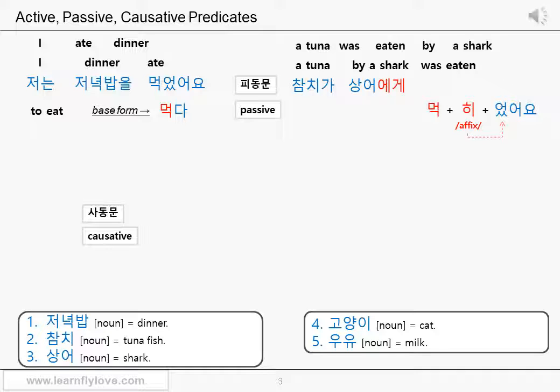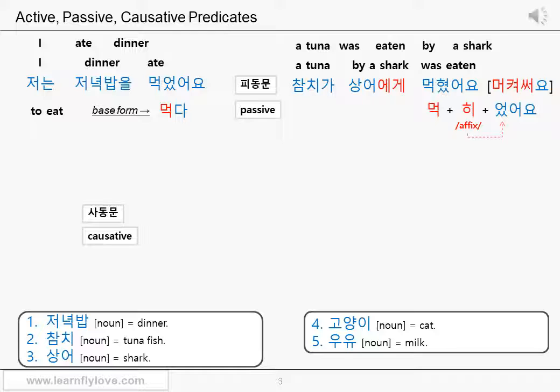You know, 이 vowel and 어 vowel makes 여 vowel together, right? 히엇 becomes 혓. It becomes 혓 sound. So 먹히었어요 becomes 먹혔어요. You know, it actually sounds 먹혔어요, with a k consonant sound because the final g consonant and the h consonant makes aspirated k sound together,